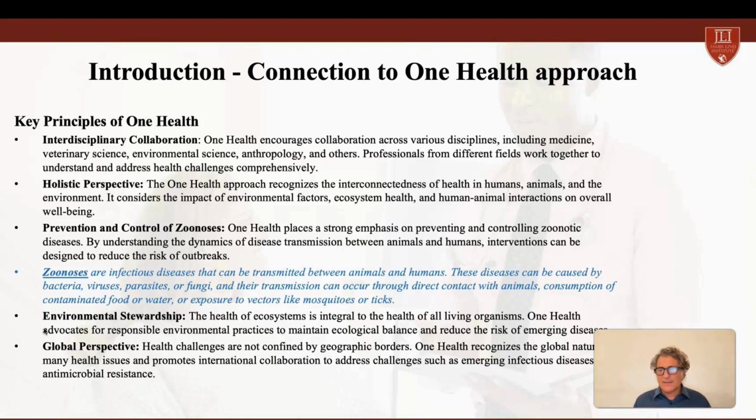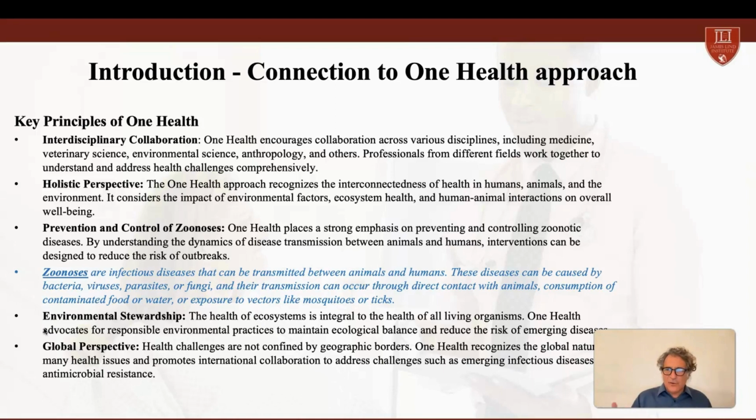So the One Health approach will cover several aspects. First of all, diseases that can be transmitted from animals to humans, and the impact on the environment, for example, intensive agriculture practice, water contamination, or insects that can transmit any sort of disease to humans, and how, of course, the healthcare sector can solve or manage this emergency.